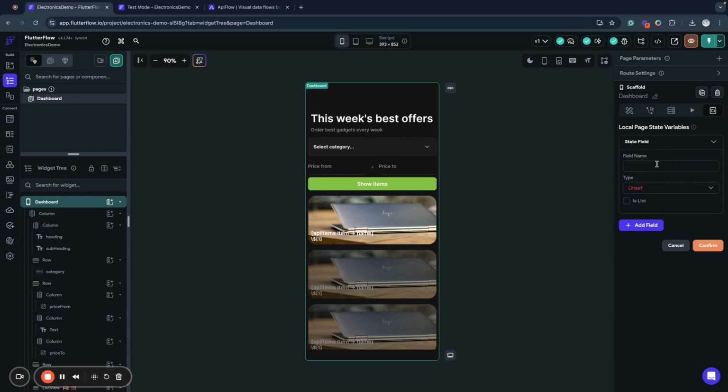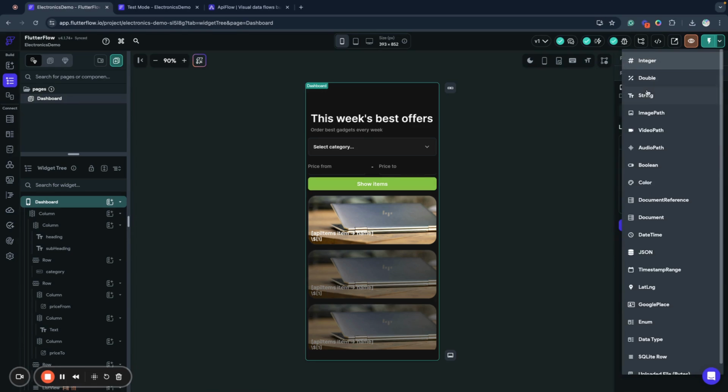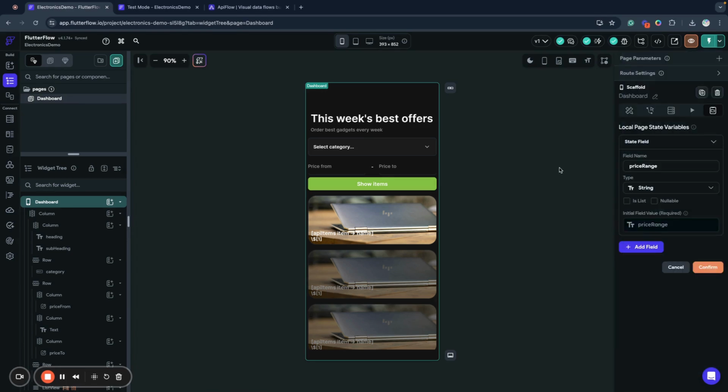We will call it price range, and it will be type string, because we will send this query to the server. By default, we will have an empty value here, so we will send no filter by default for prices,